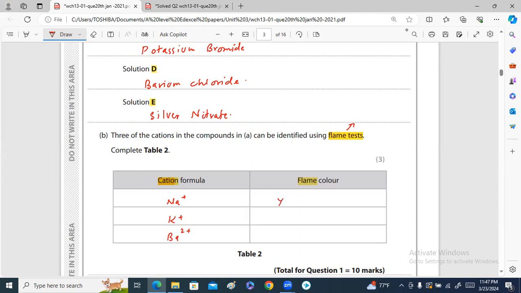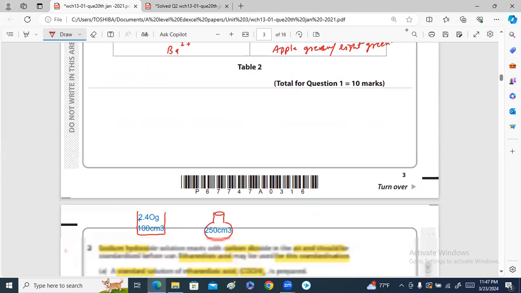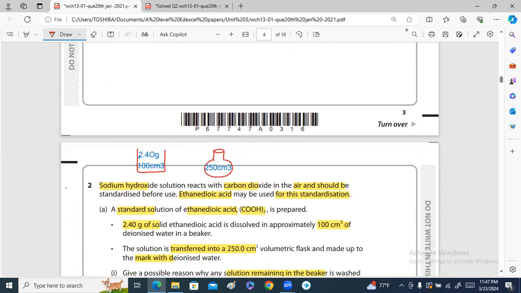Na positive can produce the yellow or orange flame. K positive will produce the lilac flame. And Ba2 positive produces the apple green or light green flame. So this is about question number one, that every substance can be identified by using the salt analysis. Now, if we move to the next question,